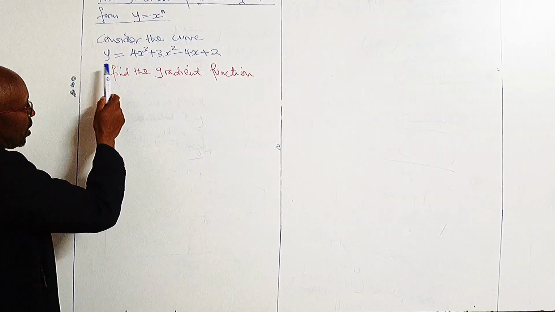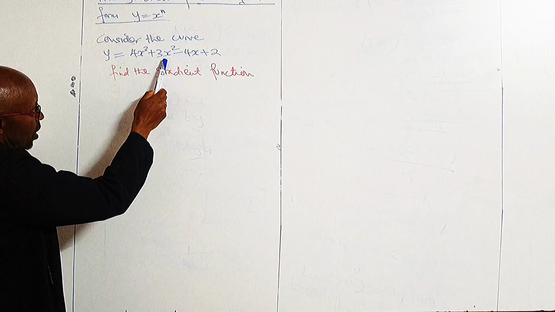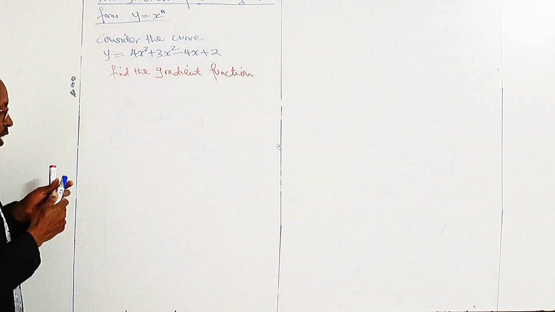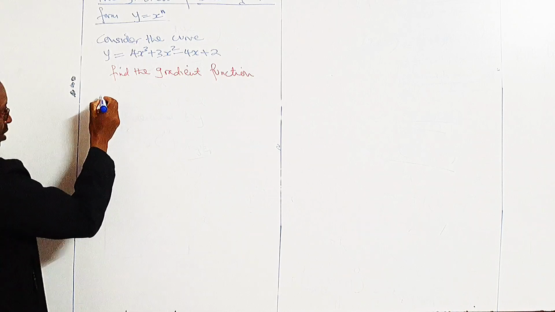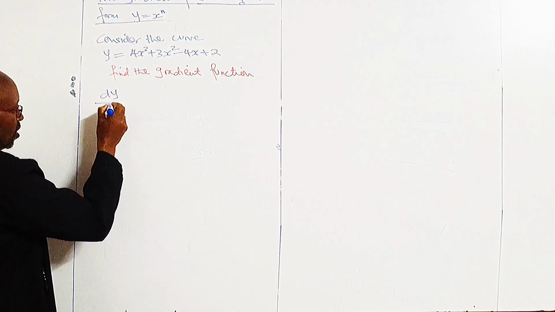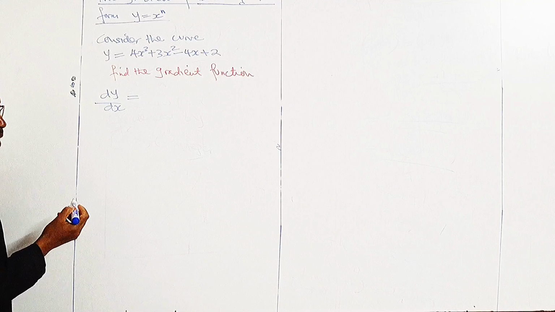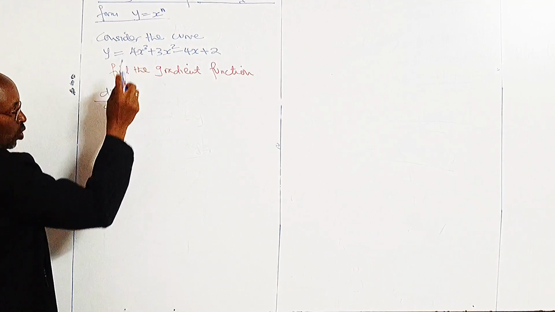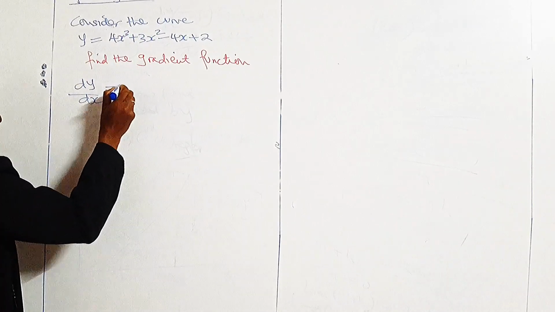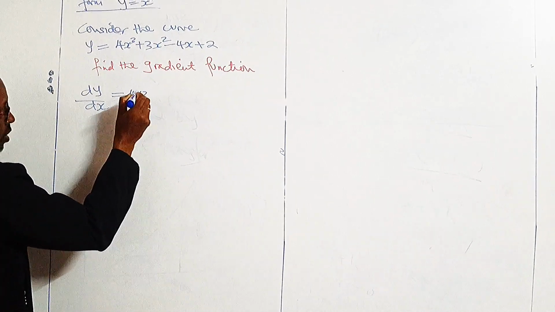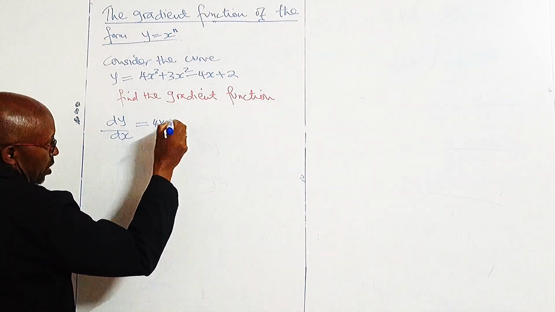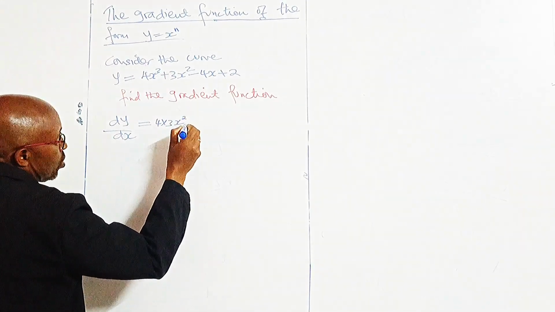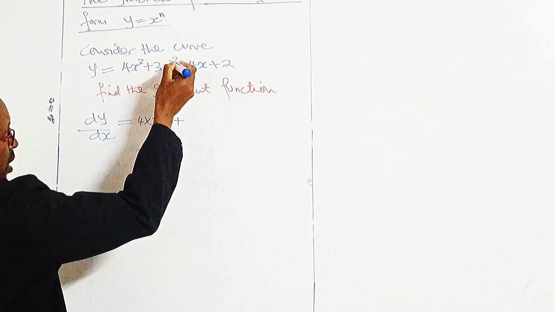Consider the curve y is equal to 4x cubed plus 3x squared minus 4x plus 2. You are asked to find the gradient function. The gradient function, which is our dy/dx, will be given by, we consider the first term, 4x cubed. The power of x is 3, so you say 4 times 3 times x, you reduce the power of x by 1, so that will be 2, plus,